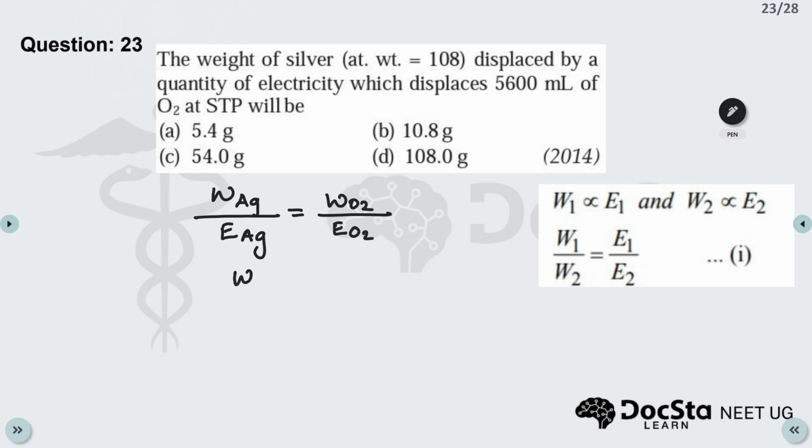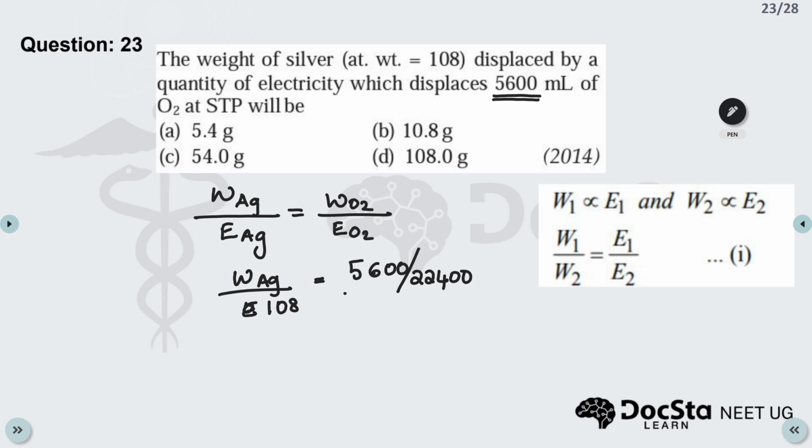So weight of silver divided by equivalent weight of silver, we know it is 108, isn't it? Equivalent weight is 108 and equal to weight of oxygen. Weight of oxygen is given as 5600 ml. You have to notice that, 5600 ml. So you have to divide this value, 5600, by the molar volume, that is 22400 ml,